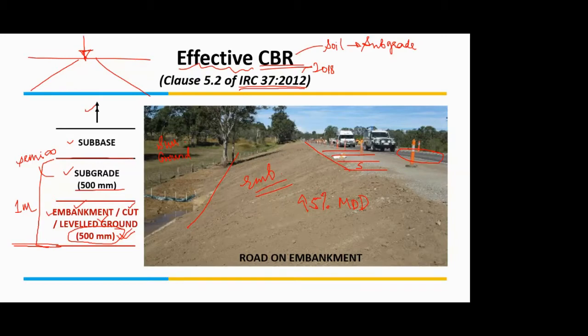But what I'm talking about, this 500 mm, what you see in the embankment or cut or level ground, this is the depth up to which your stresses are going to make an impact, or they are going to affect your layer or the material within that 500 mm. Okay, and then this layer can go continuously for whatever is the desired value for which it is constructed, that is 1 meter, 2 meter or so, but only the top 500 mm will be affected by the stresses. So we are more interested in this top 500 mm of this embankment.